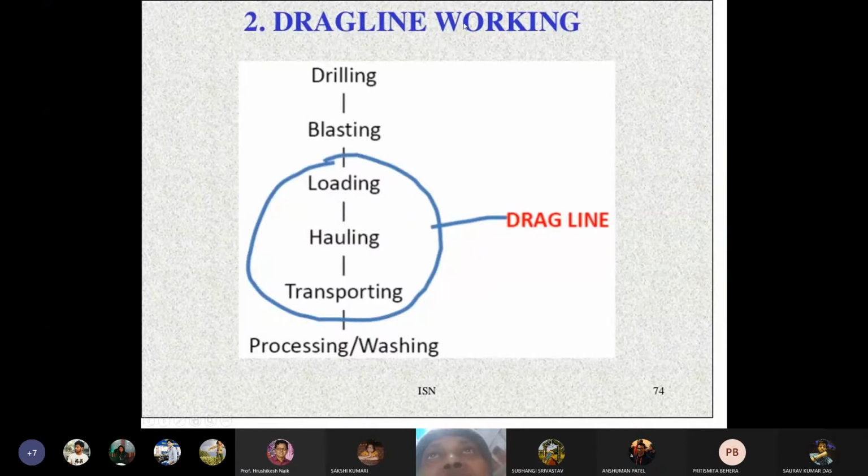But if you are using a dragline, then the dragline itself can do loading, hauling, and transporting. Three jobs can be done by a single machine, which is called a dragline.